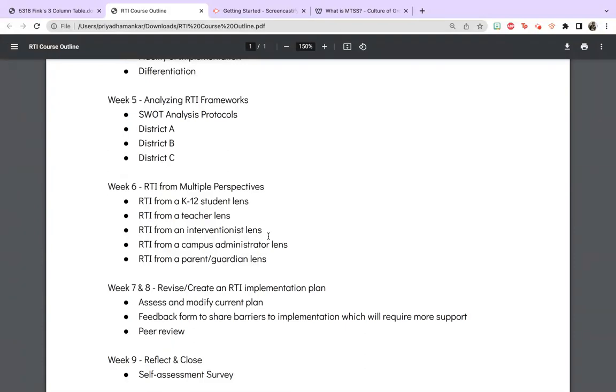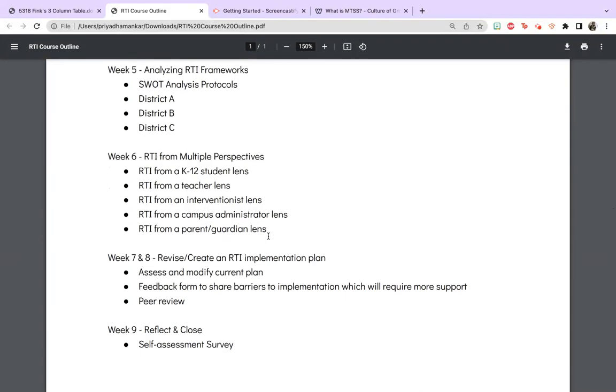Same for the teacher, for the interventionist, for a principal or AP or counselor, and then also especially for parents and guardians. Each of these stakeholders has a key voice in making this framework successful. And as the facilitators of it, I would think it's important for us to understand each of those perspectives.